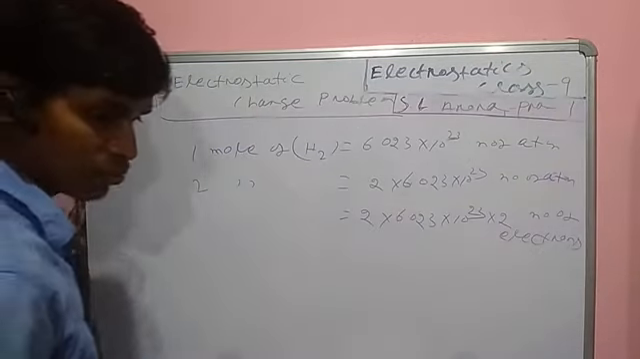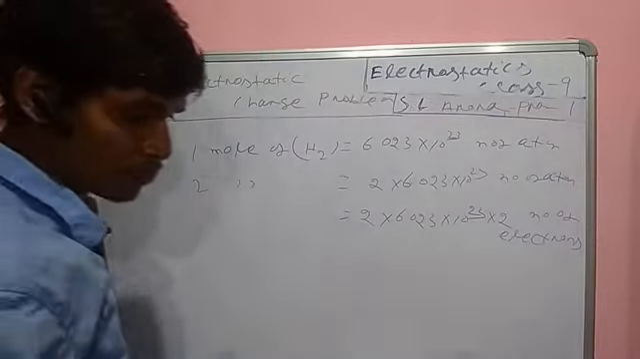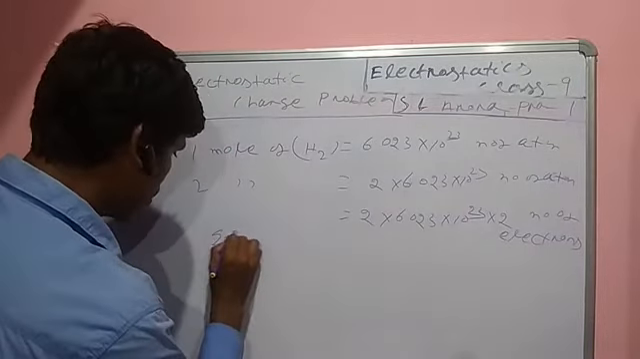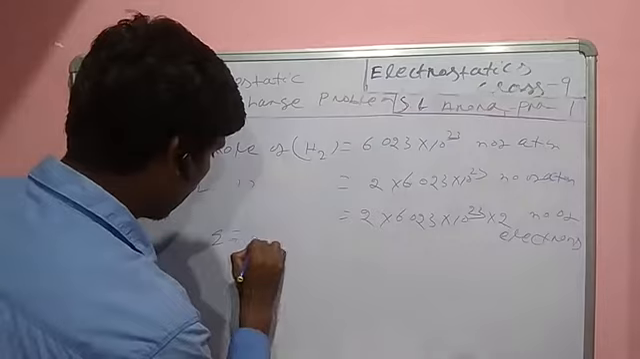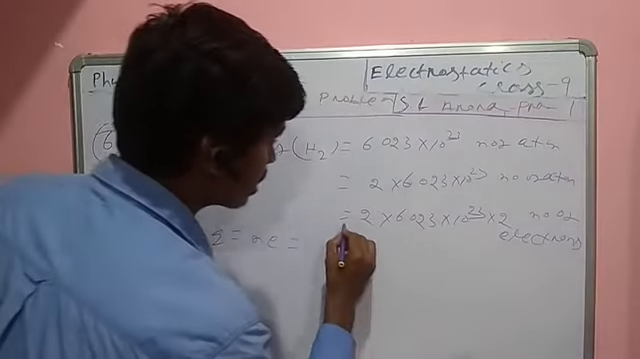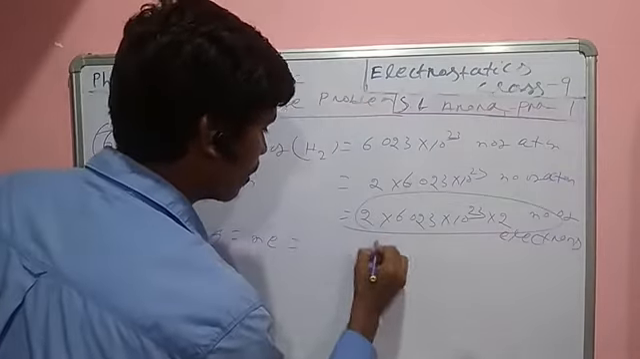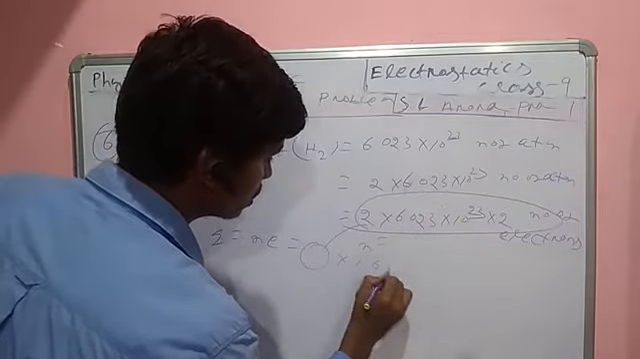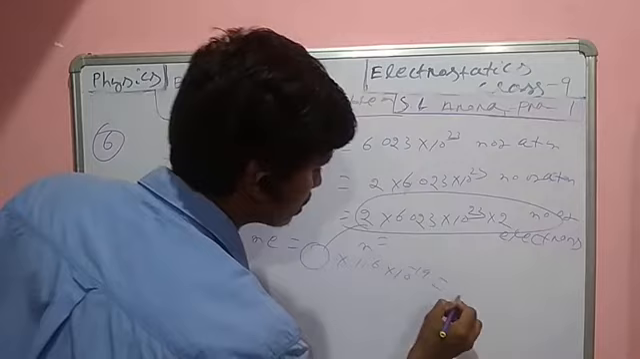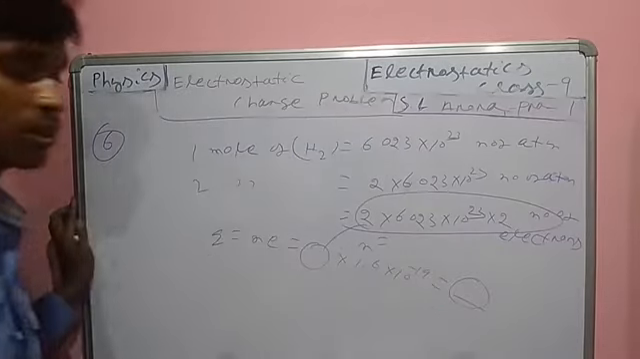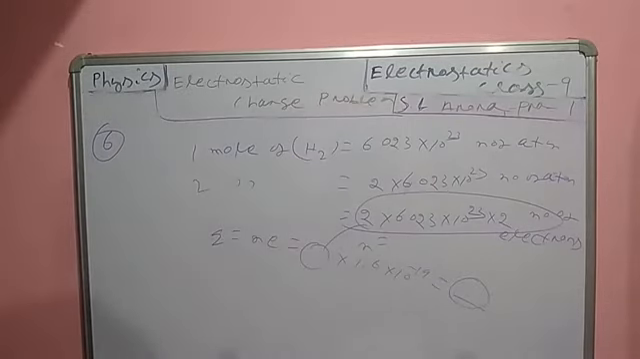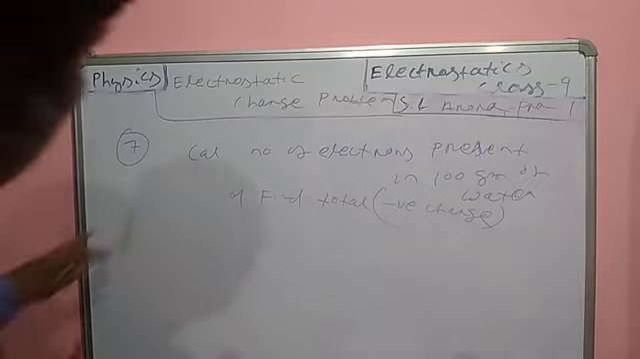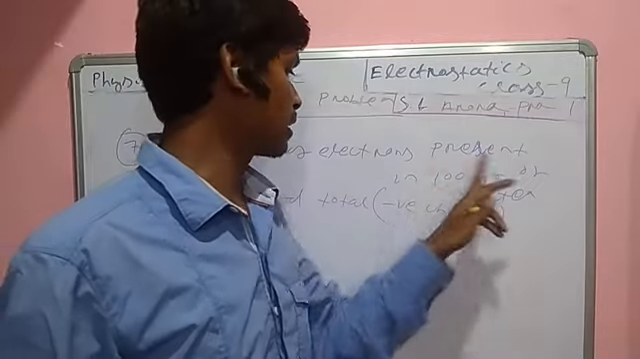So charge is what? Total charge, NP or NE? NE. N is this, into 1.6 into 10 to the power minus 19. This is question number 6. Question number 7: calculate the number of electrons present in 100 gram of